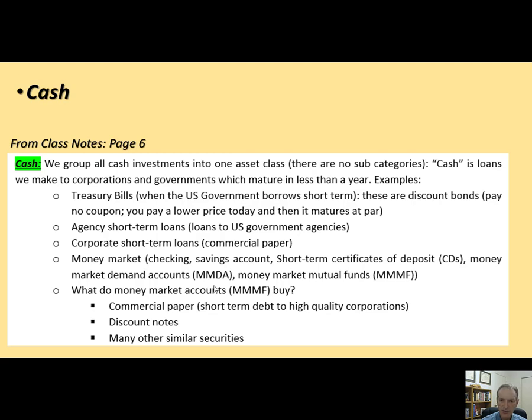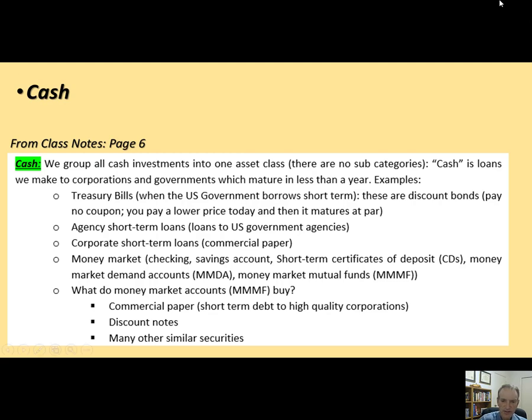Now, it did not fall much. It fell from like $1 to 97 cents, but the markets freaked out. Everybody started getting really worried about their money market mutual funds, that they were going to lose. You're just not supposed to lose money. You think it would have been so bad to lose 3% when the stock market's down 30, 40, 50%. But people still freaked out. The U.S. government had to step in and backstop these money market mutual funds. And the government probably made money on that program, because I don't think they ever paid any money out to protect people from losses. But they did make a lot of money from mutual funds who joined the program.